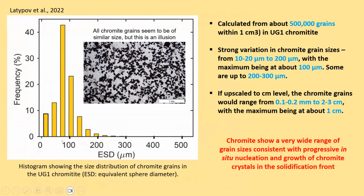In reality, it's not. So we calculated this from about 500,000 crystals. Godel did this fantastic job, and you see the distribution. So the size varies from 10 to 20 microns to 200, and it's difficult to work with the microns. And so if we upscale it to kind of the silicate mineral, like plagioclase, we can imagine the rocks which are composed of plagioclase of that size,